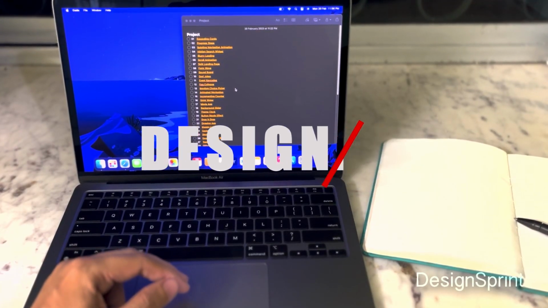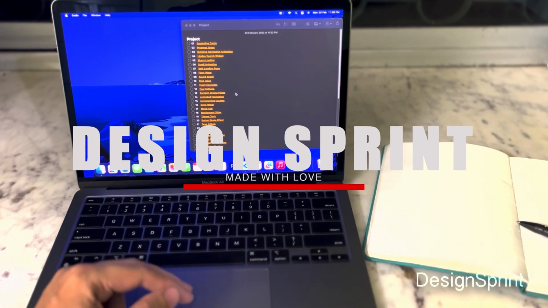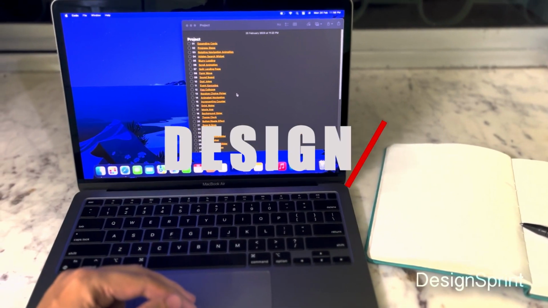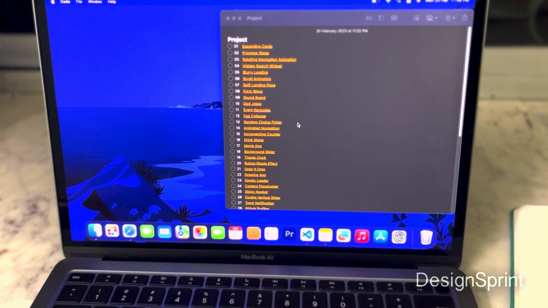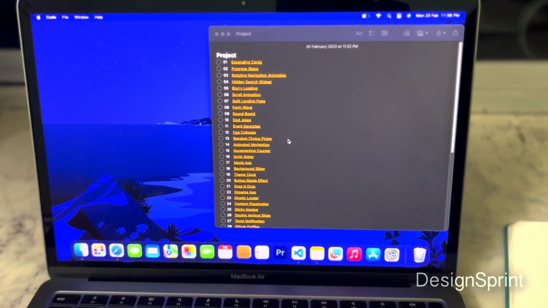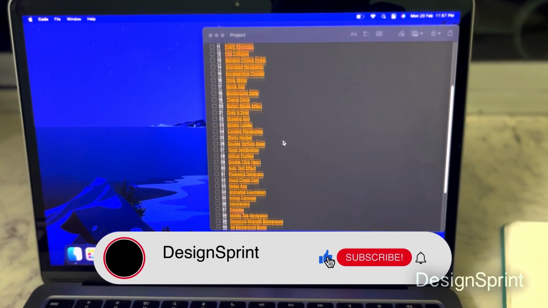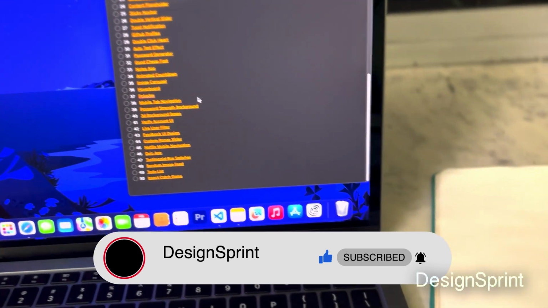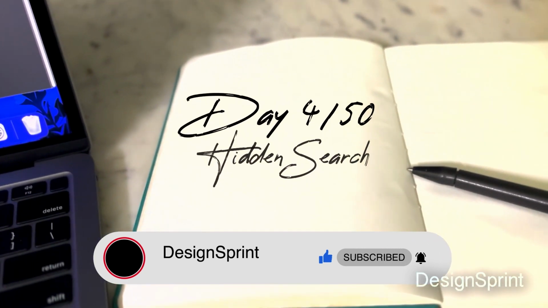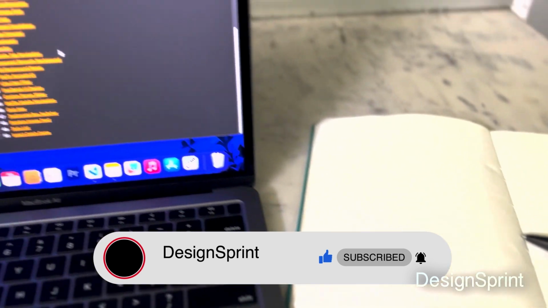Welcome to Design Sprint. In the 50-day challenge, we'll be diving into the exciting world of web development by completing 50 projects that will help you master HTML, CSS, and JavaScript. Whether you're an absolute beginner or looking to level up your skills, this challenge is the perfect way to learn and practice web development. Through the challenge, we will be taking a hands-on approach to help you build your skills. So if you're ready to take your web development skills to the next level, come join us on the exciting